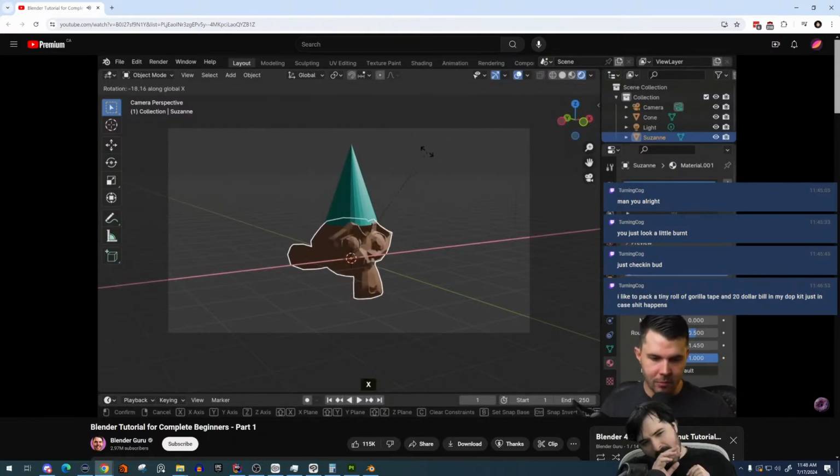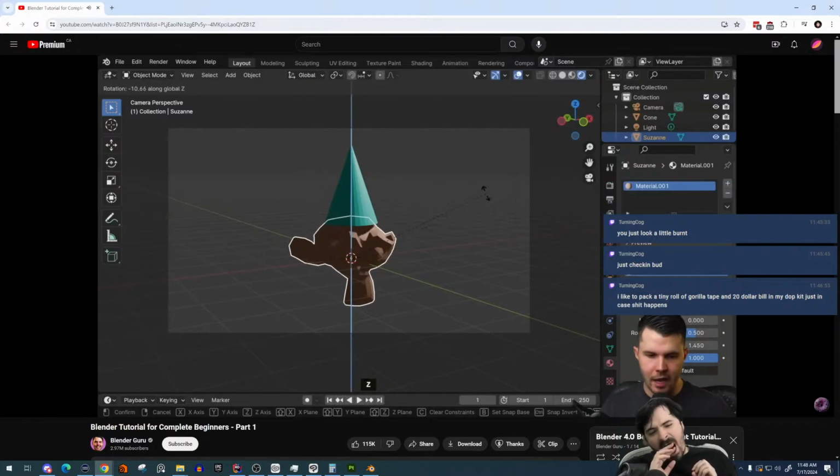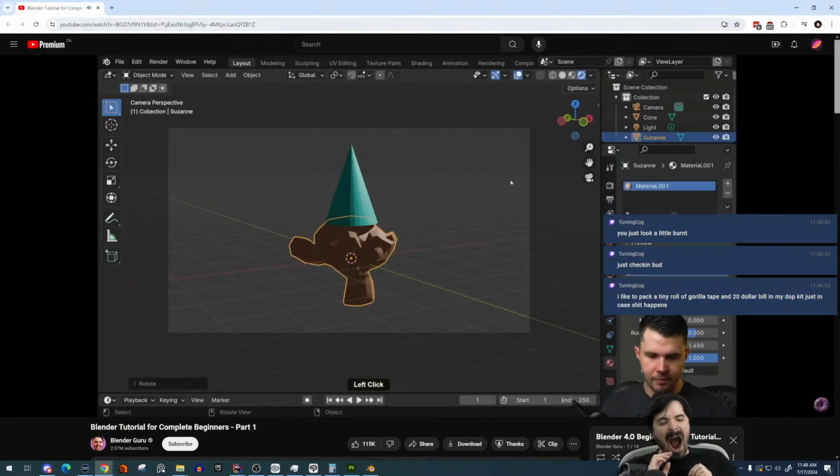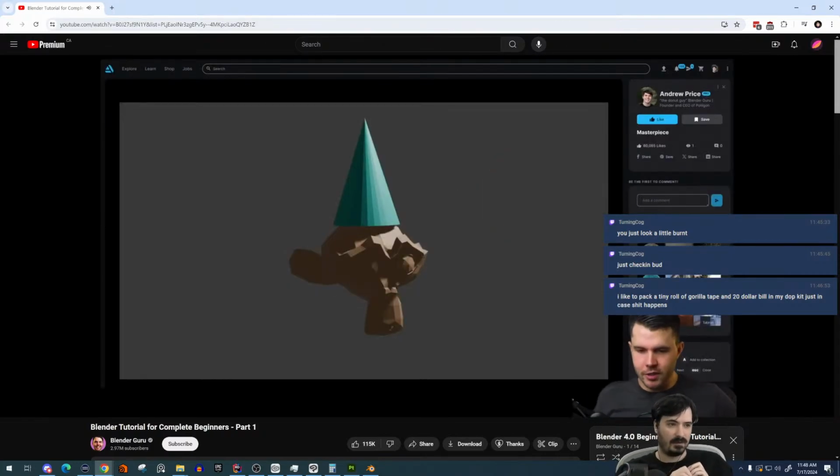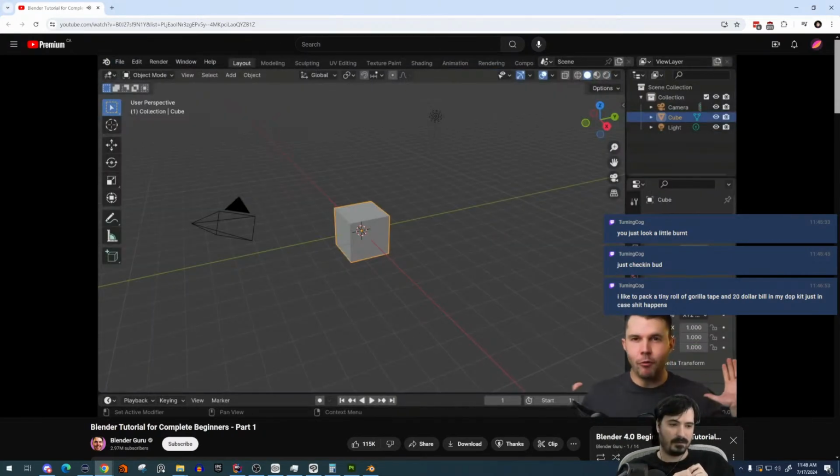So the X axis will rotate back and forth, the Y axis, tilt it, or Z, there we go, to turn it towards the camera. Just a little bit, right? And there you go, F12. And we've done it. Let's save it. Let's upload it to ArtStation, and then just wait for the recruiters, essentially. All right, let's start a new scene so that we can get ready for part 2, where we're going to actually start